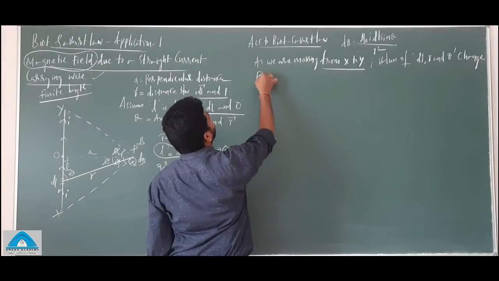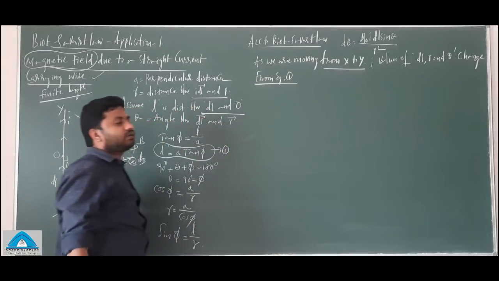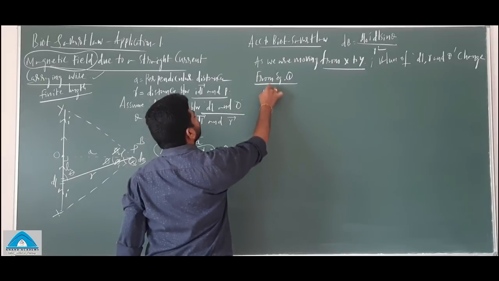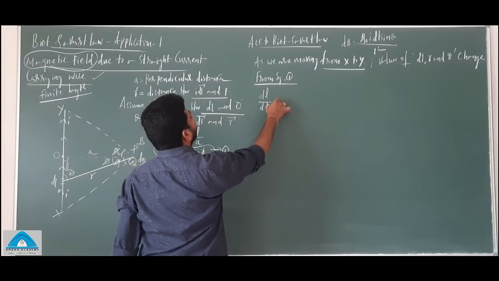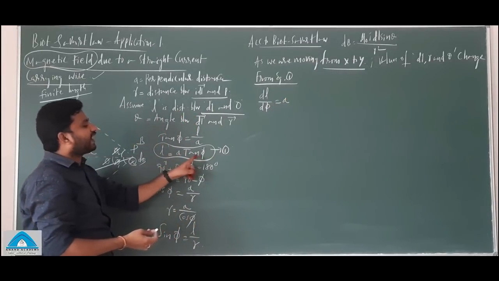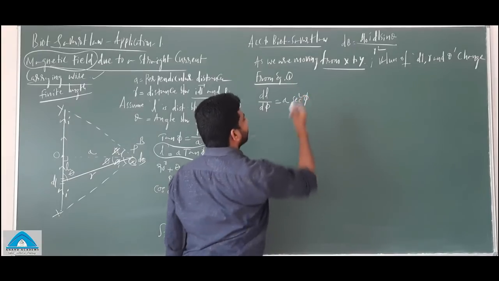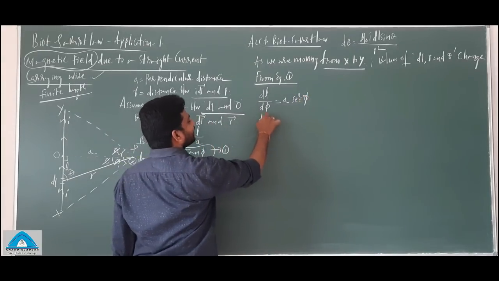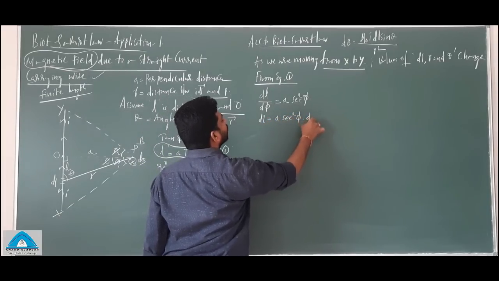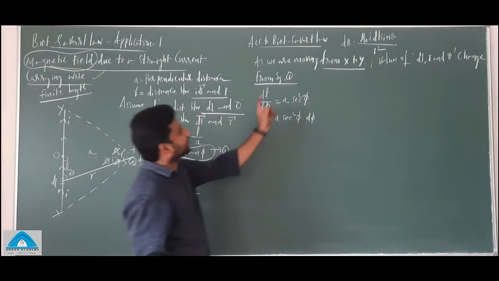So from equation 1, carefully see, what can I write? L is equal to A tan phi. So dl by d phi is equal to A into d by d phi of tan phi, which is secant square phi. Okay. So from this what can I write? The dl is equal to A into secant square phi into d phi. Done. So this dl you can substitute here.